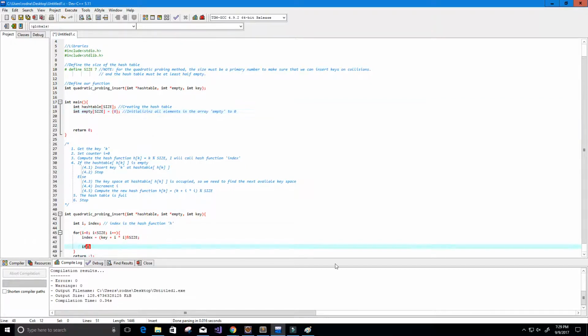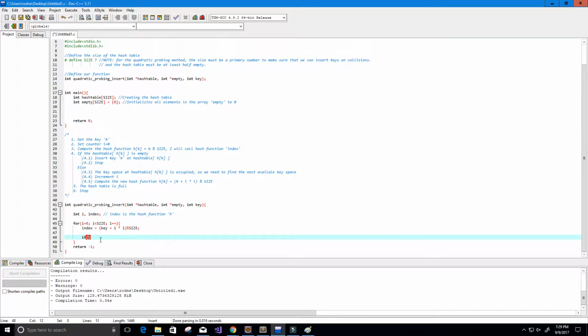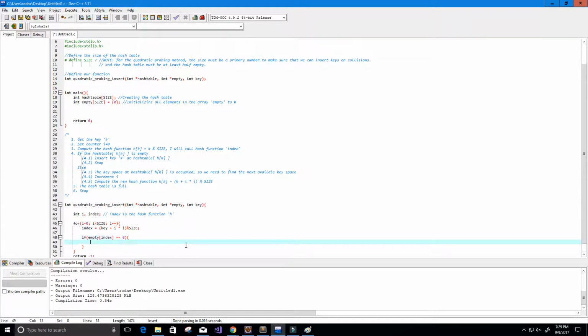So I'll show you what we're going to do here. So if empty at position index is equal to 0, then that means that we can insert key into our hash table. So hash table at position index